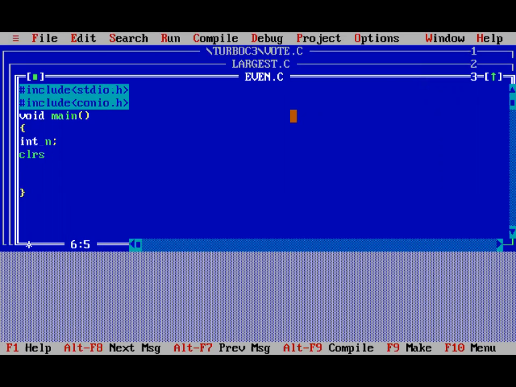Here we clear the screen using the clrscr function. Then we print the message enter number. We scan that number using the scanf function, %d comma &n. So here we write the condition. After that, when we say that the given number is even or odd,